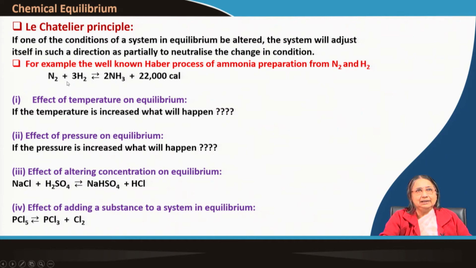nitrogen and hydrogen. This is also one type of nitrogen fixation, but nitrogen fixation I will discuss later in my other lectures. But here just remember that pressure is to be given, high pressure, 200 atmosphere pressure, and also temperature 550 degree centigrade in presence of a catalyst also. This is finely divided iron as the catalyst.